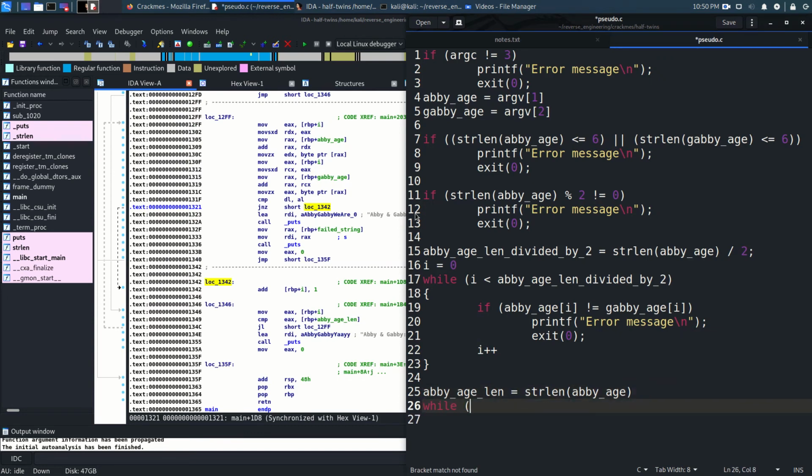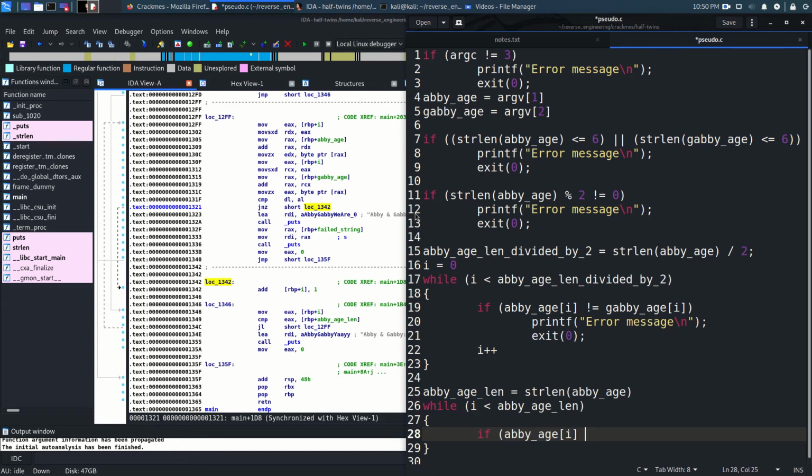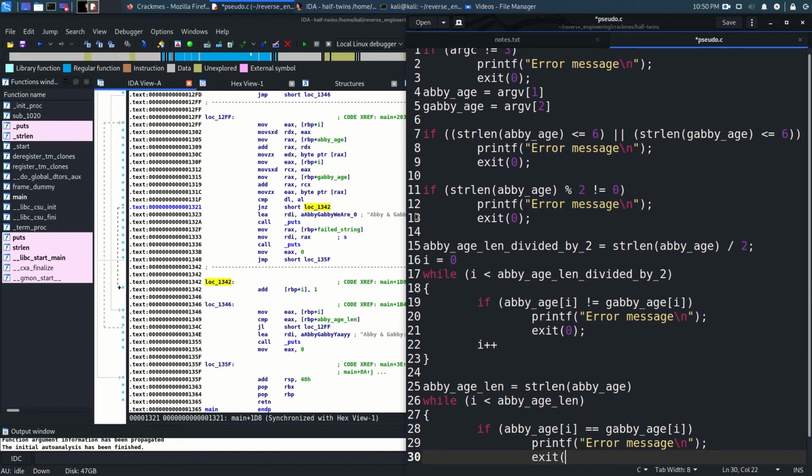So while I is less than, what is this, Abby age len, then we do if Abby age sub I is equal to Gabby age sub I, printf error, if I can spell it right, error message, then exit 0,